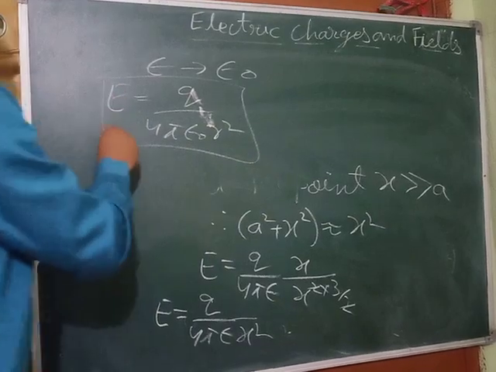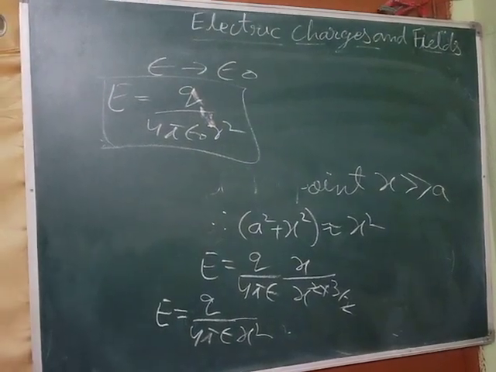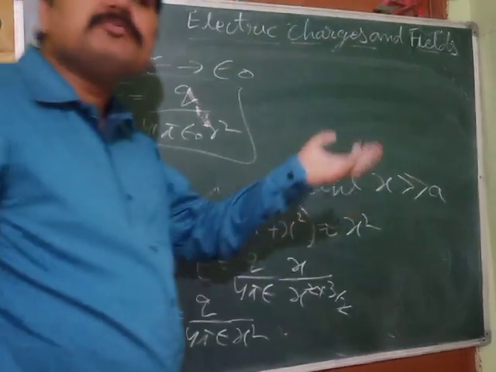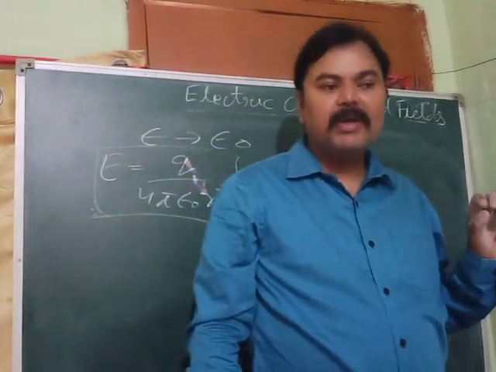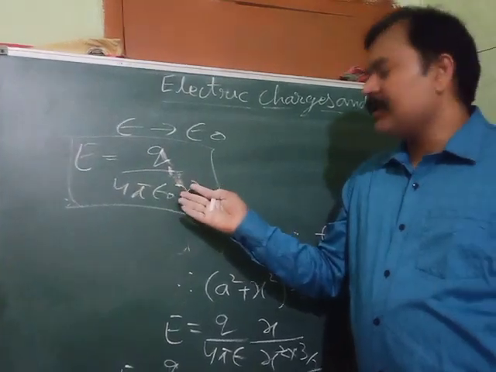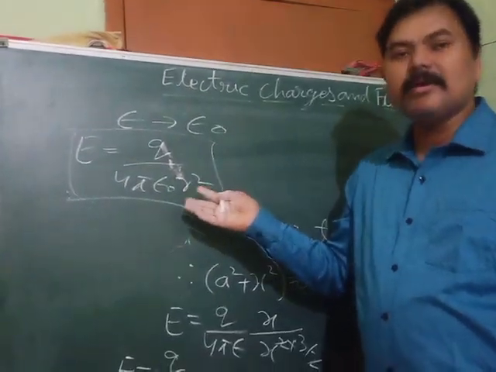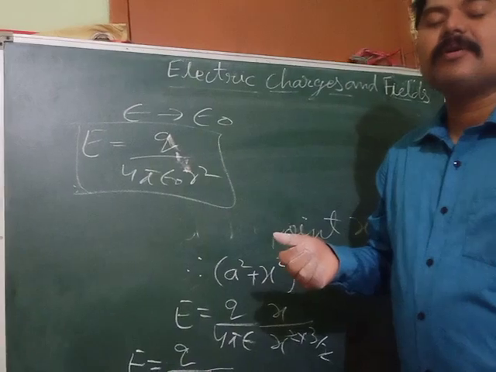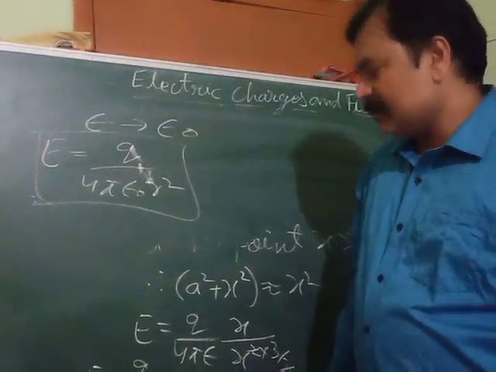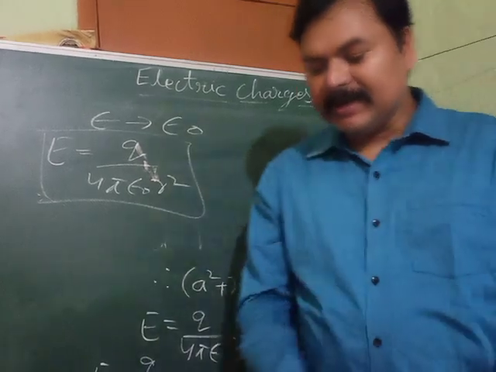You can see here this is for a point charge. That means from a far point, even a charged ring appears to be a point object. That's why the formula we are getting here is similar to that for a point object. So we have found out the electric field intensity due to a